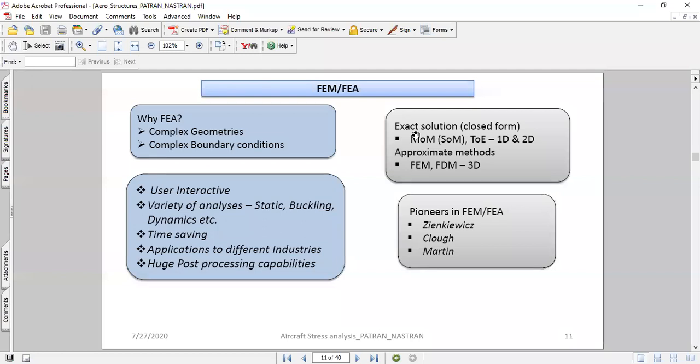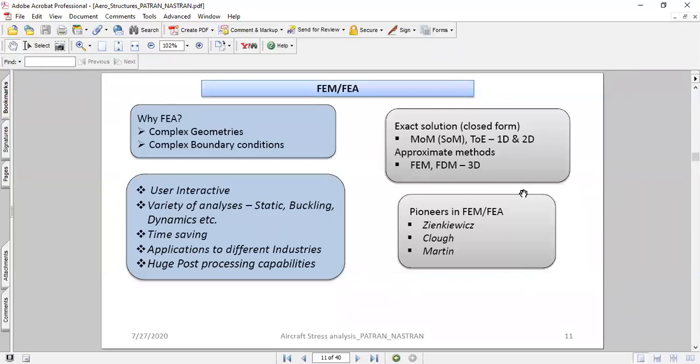Your usual mechanics of materials or theory of elasticity. In mechanics of materials, we bring everything to the 1D assumption. Any structure you take, we consider it as a beam, rod, or truss. So we boil it down to the 1D assumption. Whereas in the theory of elasticity, we boil it down to the 2D assumption, mainly plates, shells, and membranes. In the finite element model, there is a mixture of 1D and 2D and various different structures that could be solved with a very user-friendly application.